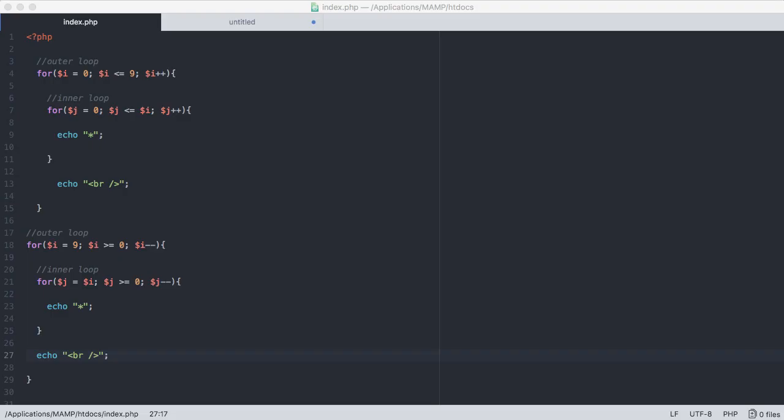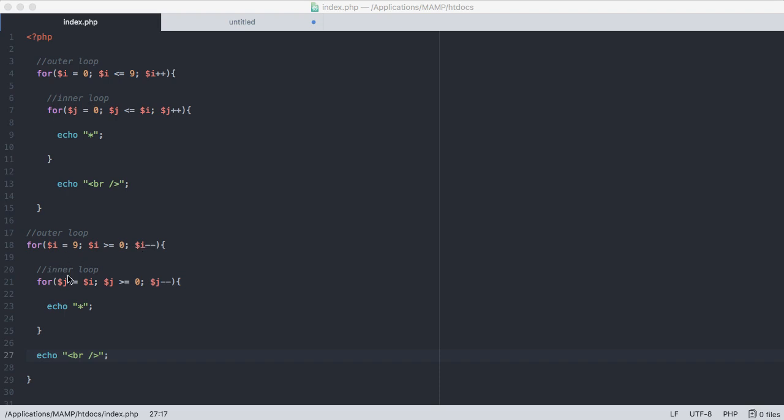If we quickly take a look at the code here, you'll notice that we have the same for loop that we have in the outer loop, except everything is reversed. So we have I equals 9, because we're starting with 10 asterisks at the top, and then we're going to go down to 0. So we're going from the top to the bottom, and then we're just going to subtract one